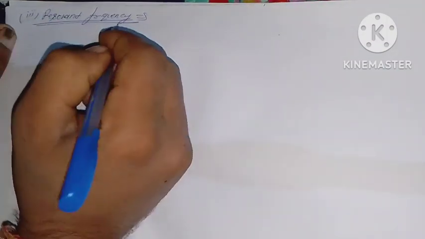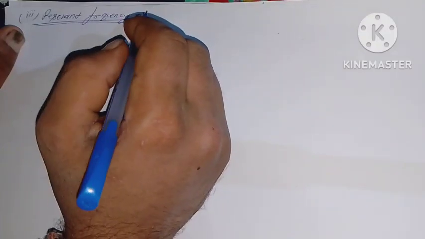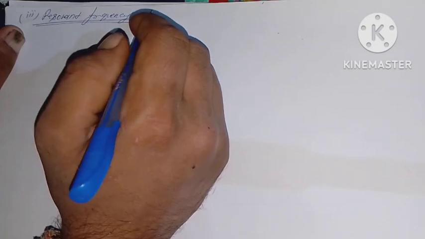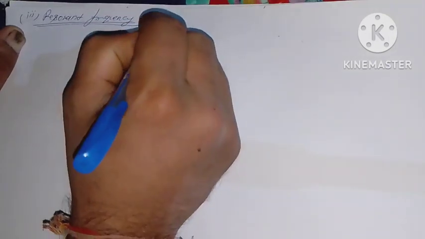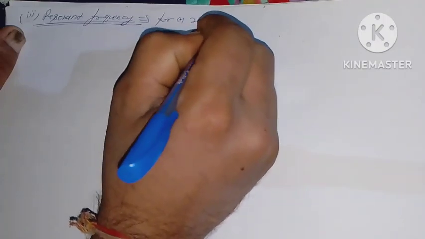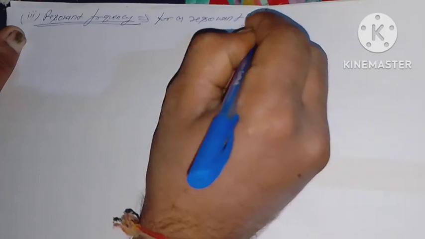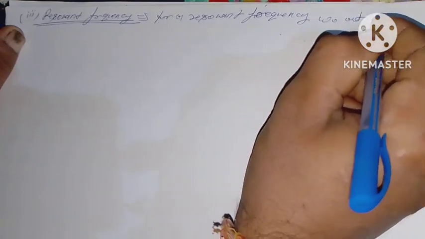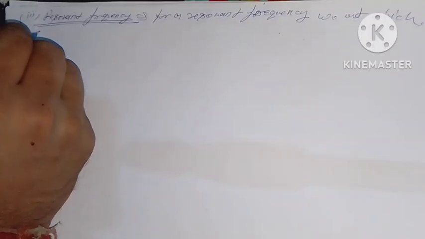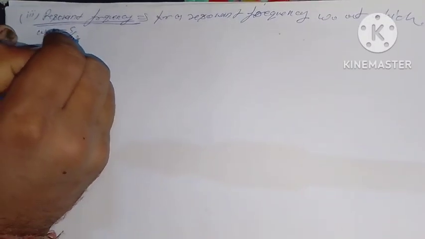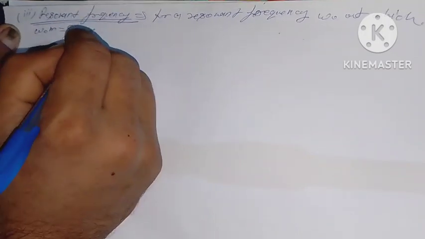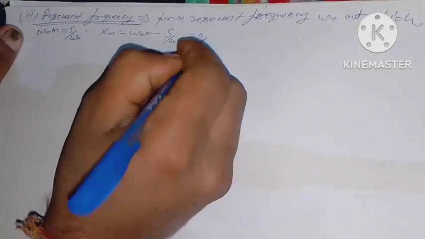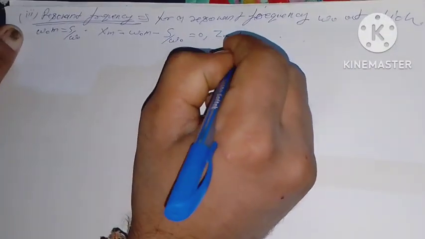For a frequency omega naught, at which omega naught m equal to s by omega naught, the reactance Xm equal to omega naught m minus s by omega naught equal to 0, and